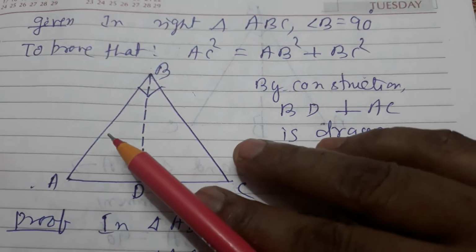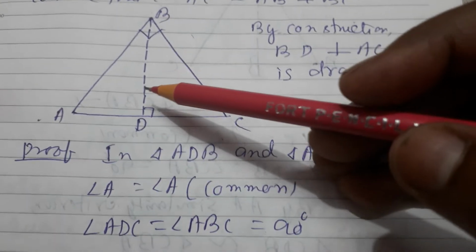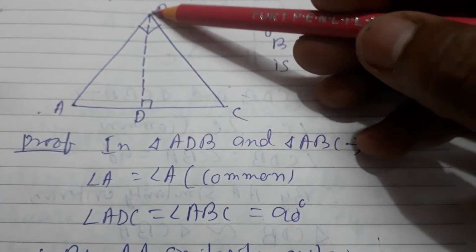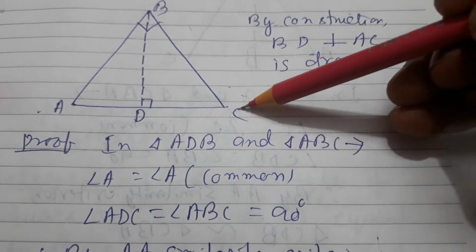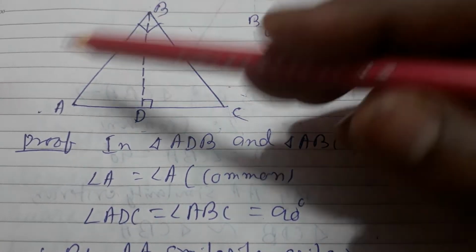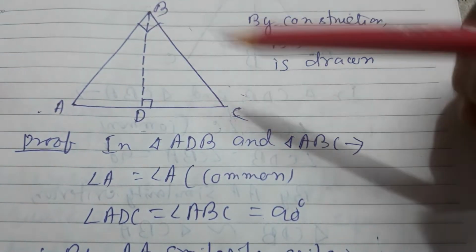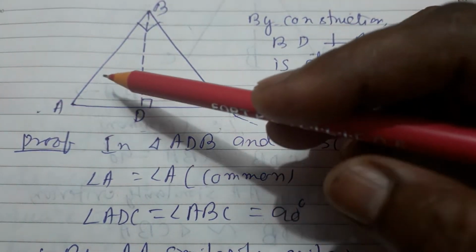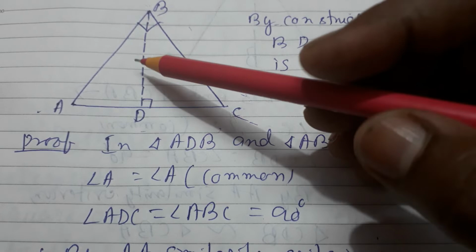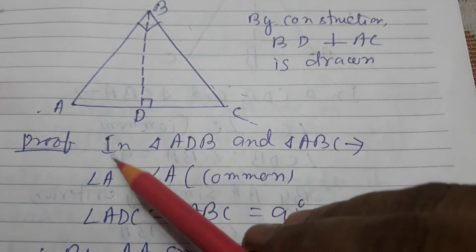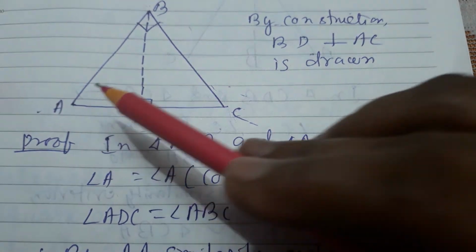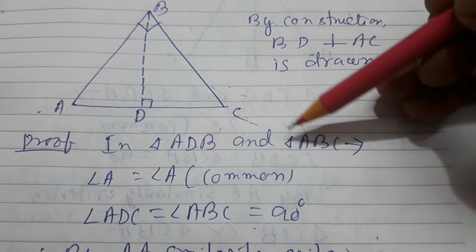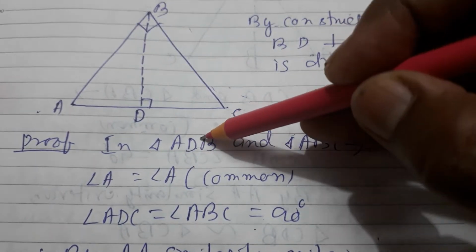Okay. Now proof. In this figure, you can see that there are three right triangles. One right triangle is ADB, other right triangle is CDB, and the other is ABC. There are three right triangles. Two of them are small right triangles and one is big. So we have to make similar triangles, one small and one big. Now here this small triangle I have taken ADB and ABC. Main thing is to take the two triangles in a proper way.